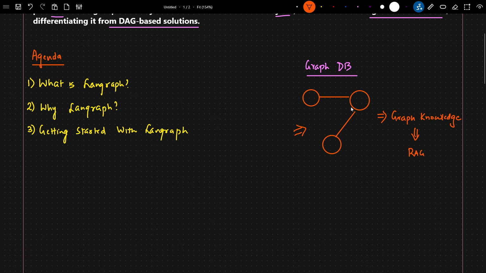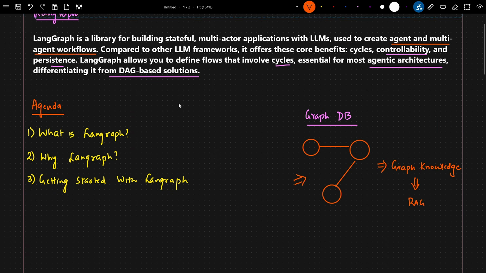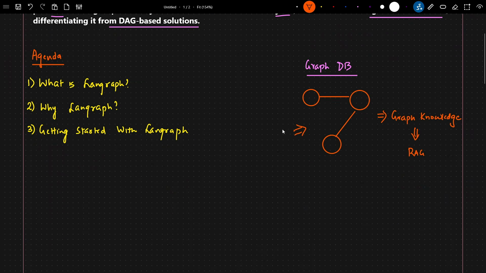So already I have discussed about this in our previous video, but in this video we will try to talk about LangGraph, and the main thing will be how we have actually created this graph DB structure in the form of graph knowledge. Similarly, LangGraph also offers those kinds of functionality. We can create the entire multi-AI agent workflow using this graph knowledge itself, right? So like how we have nodes, relationships and all, similarly in LangGraph we'll be able to do that,